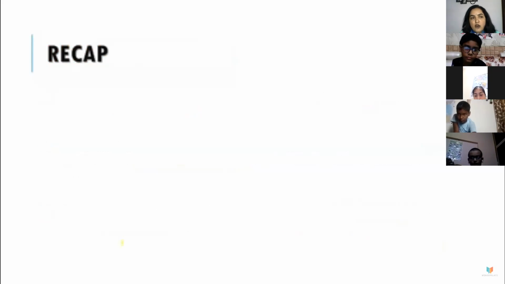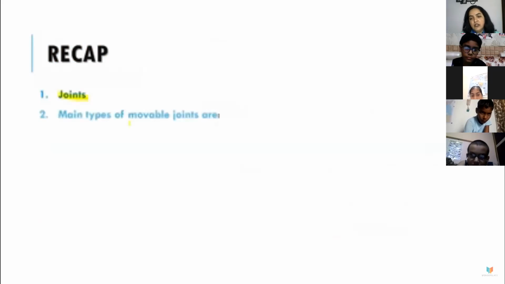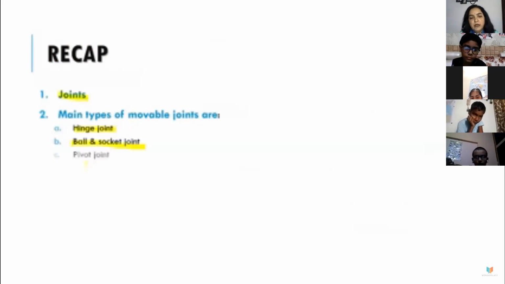So till now we have studied types of joints, okay. Then what are the muscles? What is the working of the muscles, biceps and triceps? And how many kinds of muscles are there? That is the skeletal muscle, voluntary, involuntary, and the cardiac muscles. So here, I have just formed it in notes form. I will send you the PDF also.